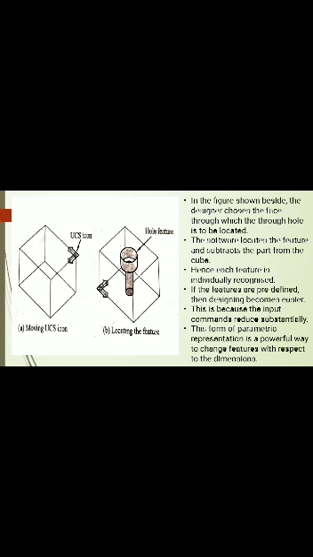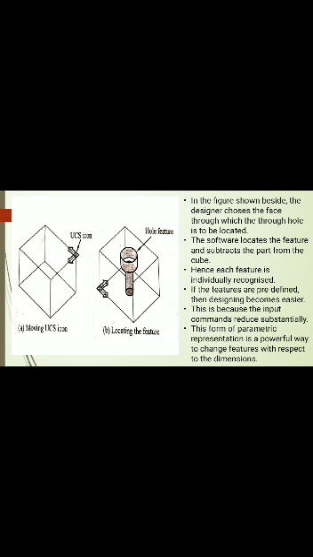Now if you see the diagram on the third slide, the first diagram shows a UCS icon. Nowadays all software uses a UCS icon because with respect to that, all the features will be defined. The first step is moving the UCS icon, and the second is locating the feature. In the first case the UCS icon is placed at the top of this cube. Now we are moving that UCS icon to the bottom of the cube so that we can define the whole feature of the model. This part contains a hole, so we need to define the coordinates with respect to the UCS icon.